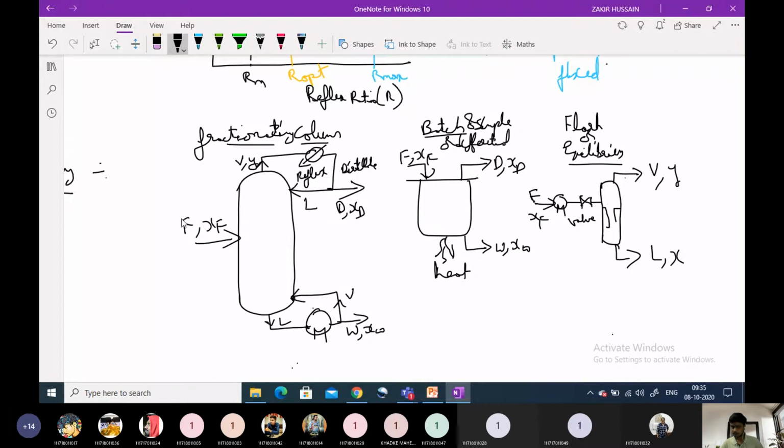If you see here, F moles of feed is entering. Here also F moles of feed is entering. Here also F moles of feed is entering. Where is the difference? XW, the mole fraction of the more volatile component, is there. Here also, and here also. Then if you see, the vapors are coming out here, and here also vapors are coming out after condensing through a condenser. One condenser will be there. This condenser will condense this liquid. Here also we can put a condenser.